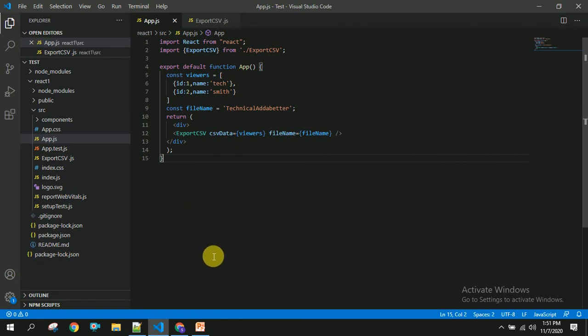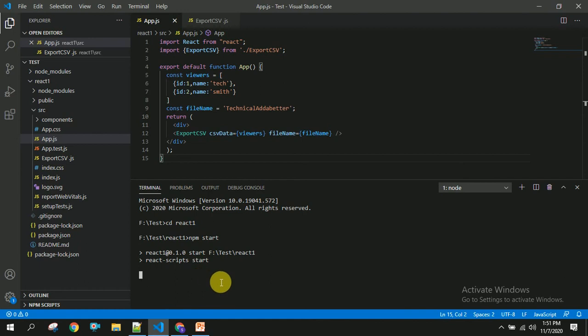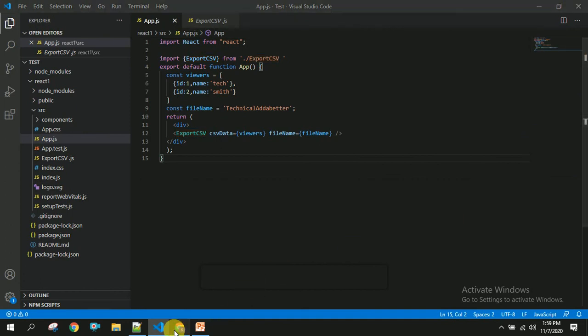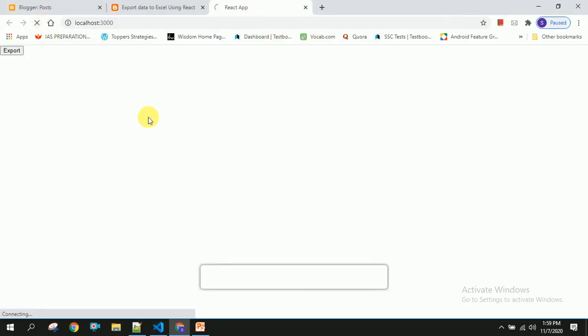So let's wait until it gets compiled and run. You can see here our application got compiled successfully. Now let's verify whether it's working or not by opening our browser. Once I refresh this, you will be able to see the export button here.